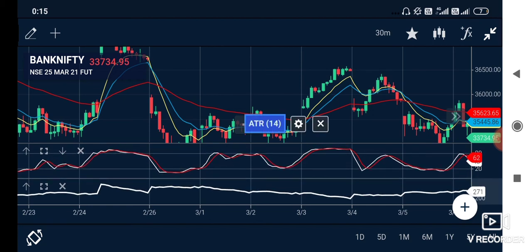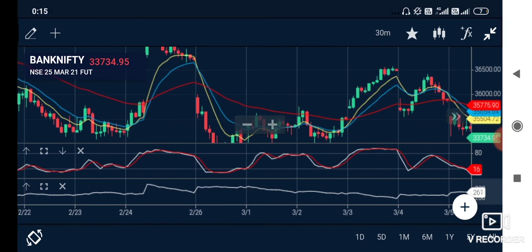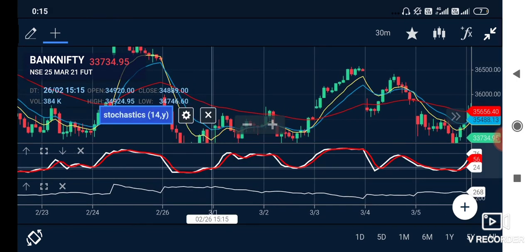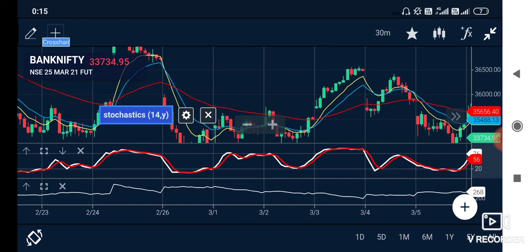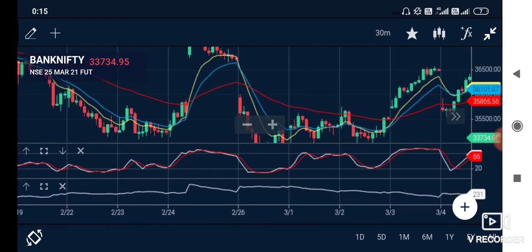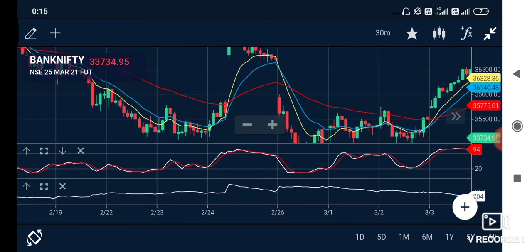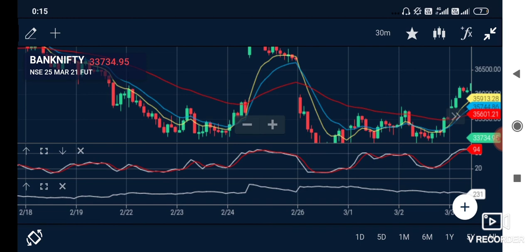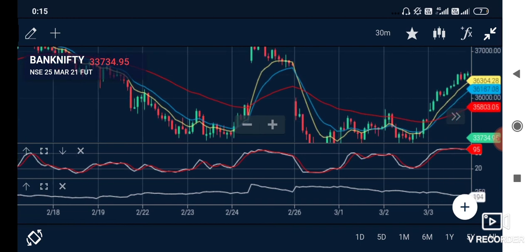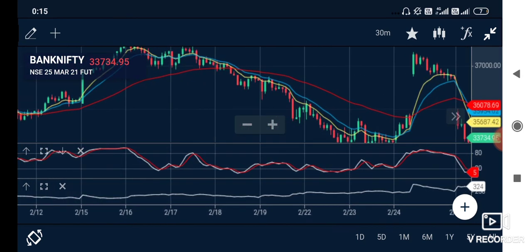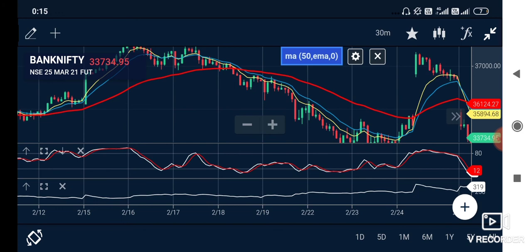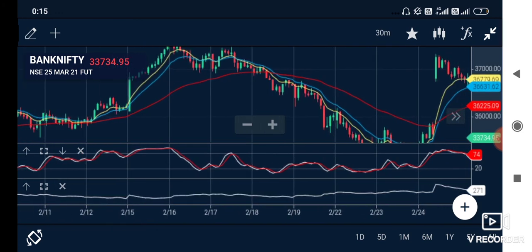Not yet. If you see right over here, it looks like a setup, but again the blue line is not crossing the red, the yellow is not crossing the blue on the upside, so it's not a proper setup, so we are not going for this. It's always easy to go ahead and wait instead of just rushing into a trade and being in a loss making strategy. You can see there are n number of opportunities of making money with this strategy.